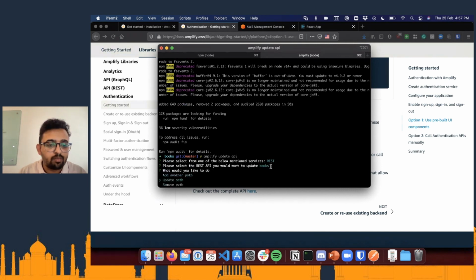So we can update a path, add another path. We can do all of that. If you want to update a path, you can say books, and you can change this path to something else. So similarly, you can use amplify update function, or you can do amplify update auth and all that.